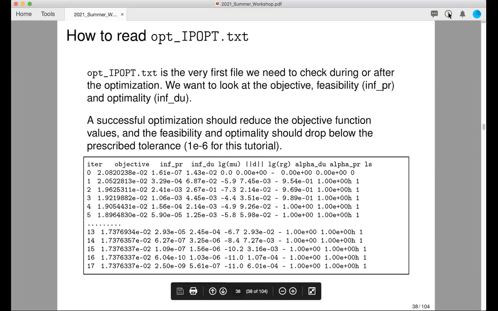Well, the very first file we need to check is this file, opt_IPOPT.txt. If you use a different optimizer, the IPOPT can be replaced by another name, for example, SNOPT. This is the file that is directly output by the optimizer instead of our DAFoam framework. So if you look at this,